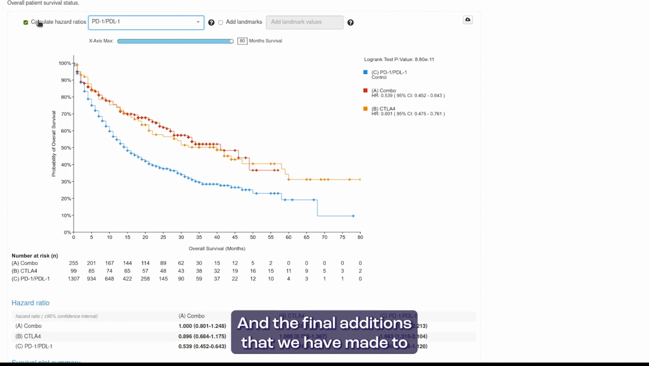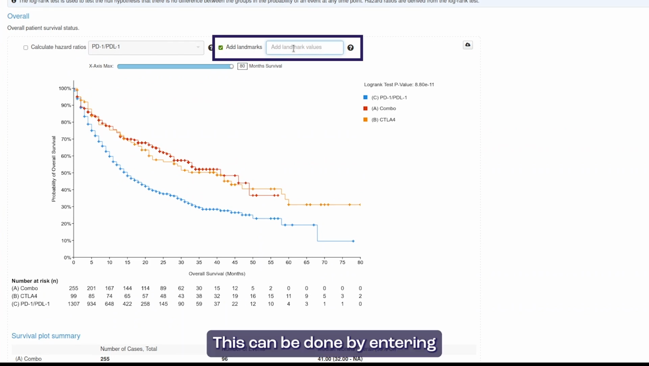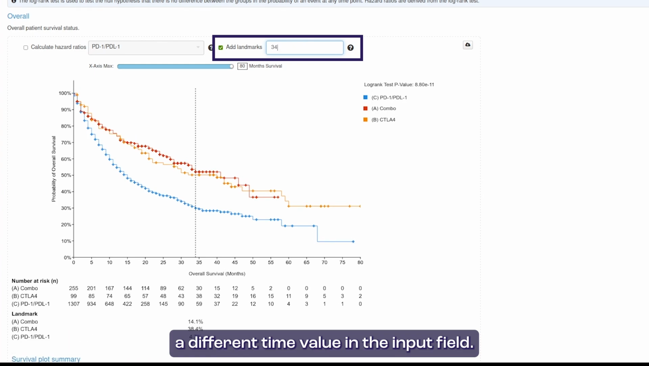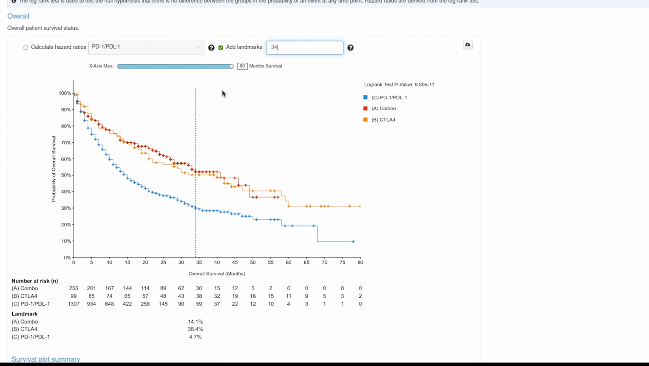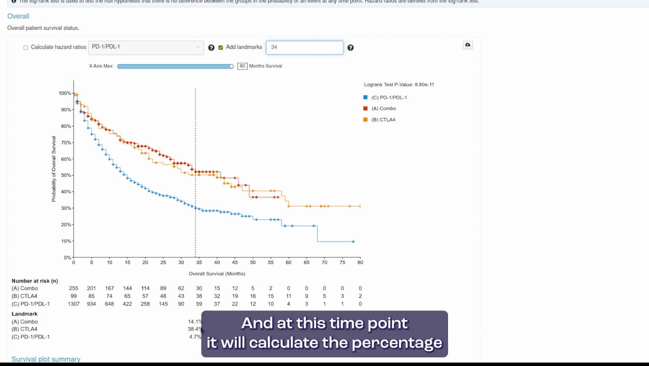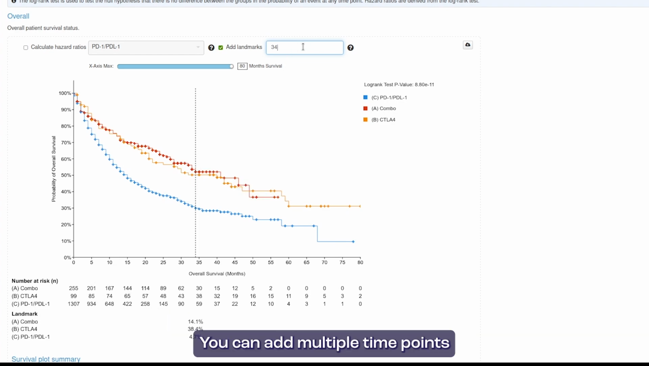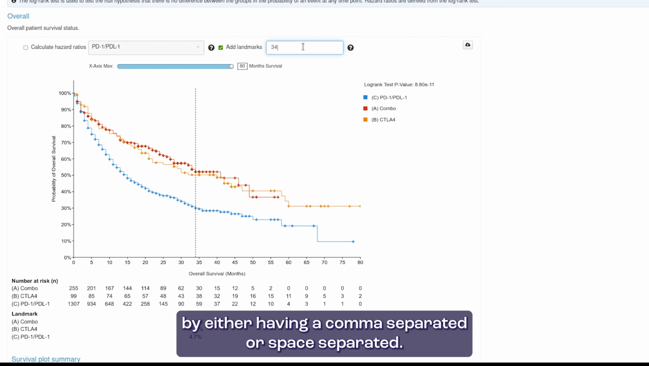And the final addition that we have made to the survival chart is the option to add landmark lines. This can be done by entering a different time value in the input field. It will draw a vertical line, and at this time point it will calculate the percentage of how many samples are still at risk compared to the initial time point 0. You can add multiple time points by either having a comma separated or space separated